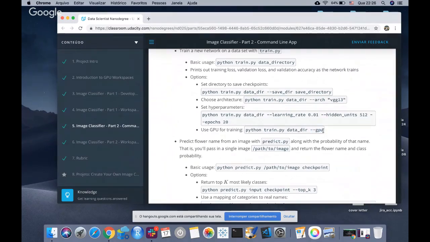the model will have to be moved to the GPU. Although you may not even be using the GPU workspace, you will get an error because you're not using the GPU workspace. But this is just for testing, just to let you know that this works. So if the user passes it, you send the model and everything to the GPU. If not,